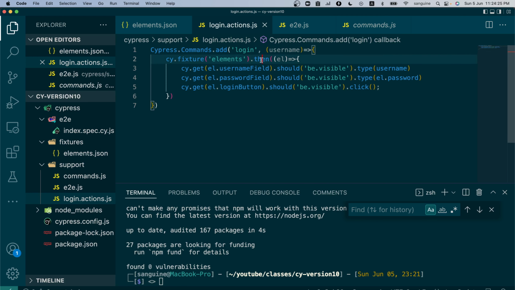Then I used the then command to inherit everything inside the elements folder and assign it to a variable called L. So L now has brought in the username field where I will type the username, and the password field where I will type the default password for everything, and the login button that I will continue to click for all users. So now that I've done this, what do we have in our Cypress